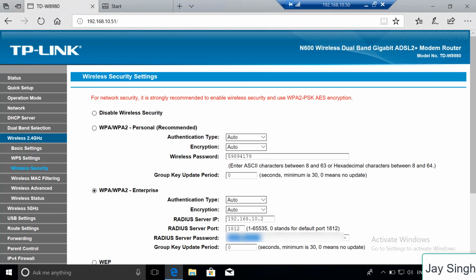The RADIUS server port we are keeping default because we are not going to change that port on the RADIUS server. But if you change your port on the RADIUS server, just make sure you enter that same port here so it can talk to the RADIUS server. So just save these settings, and let's go back,